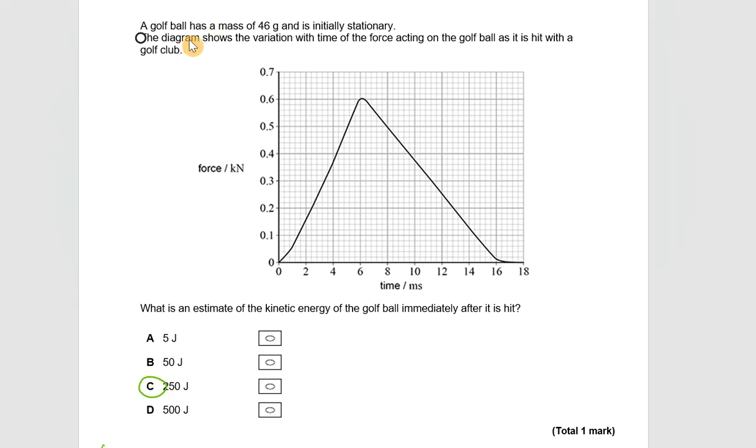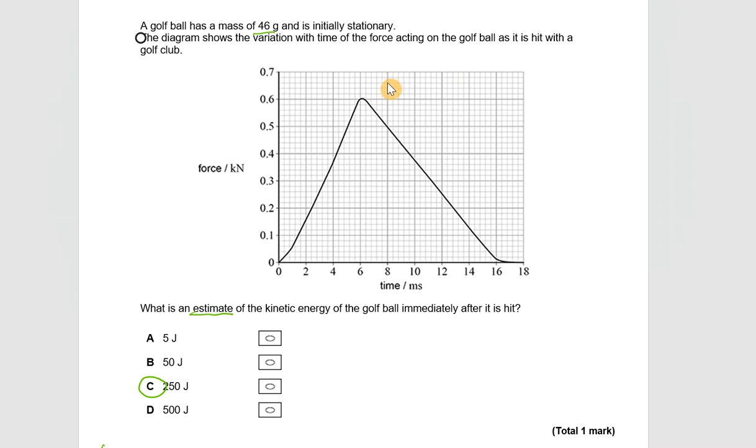Okay, so a golf ball has a mass of 46 grams and is initially stationary. The diagram shows the variation with time of the force acting on the golf ball as it is hit with the golf club. What is an estimate, big word here, estimate of the kinetic energy of the golf ball immediately after it is hit? Okay, so this force times time, if you look